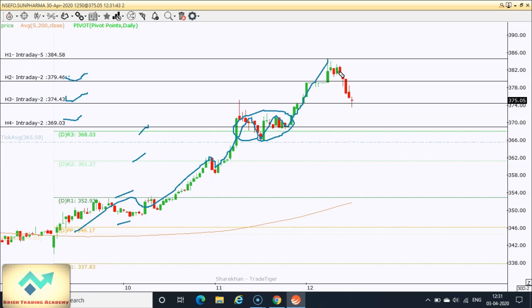So then I waited for this retracement. I confirmed the candlestick here. Here there is a follow through and it is too far from this 200-day moving average, and in the same way this price is very far from this R3 also, right? And again the base here. So there are 4 things you need to understand here. One is too far from the base, too far from the base, recent low, and again after breaking the upper circuit also it moved above,